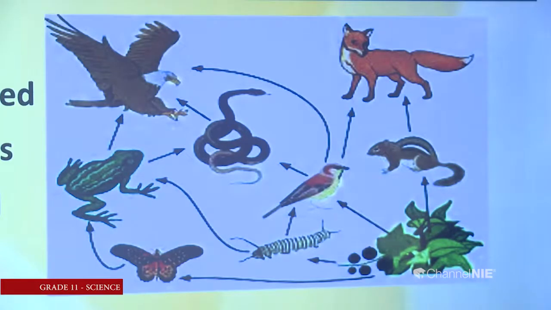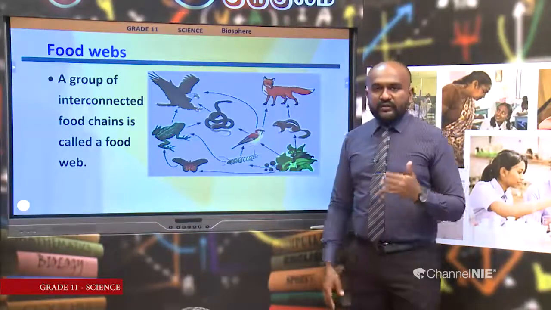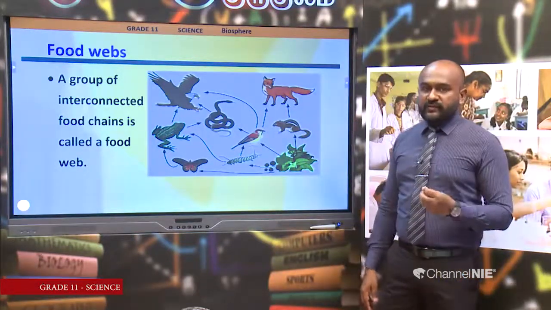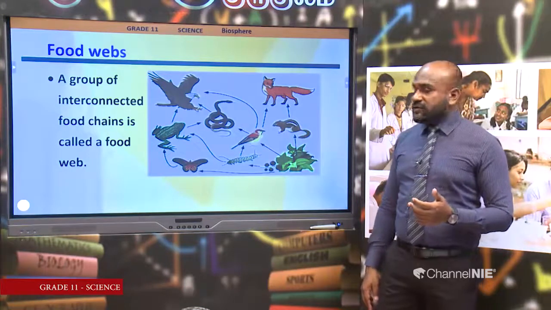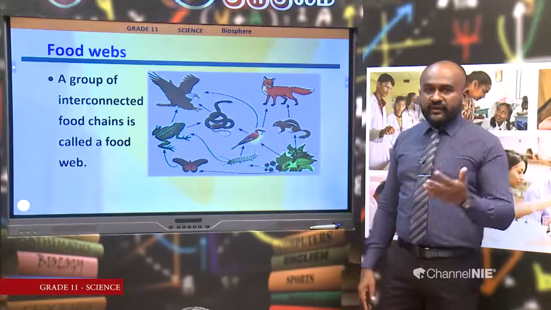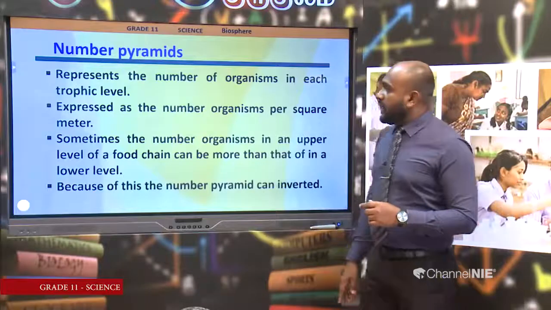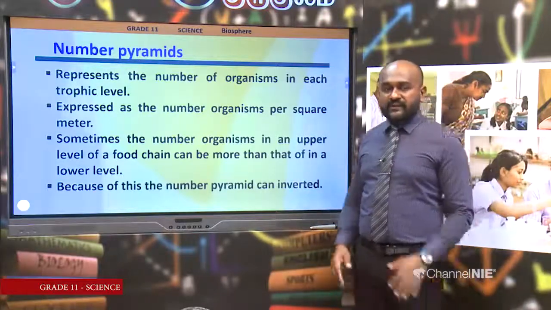So, now you see here we get food chains and food webs to explain energy flow, and I told you that we can use ecological pyramids also to explain energy flow in an ecosystem. So, now we are going to talk about these ecological pyramids, and these are models used in science to explain this type of thing. So, first we talk about the number pyramids.